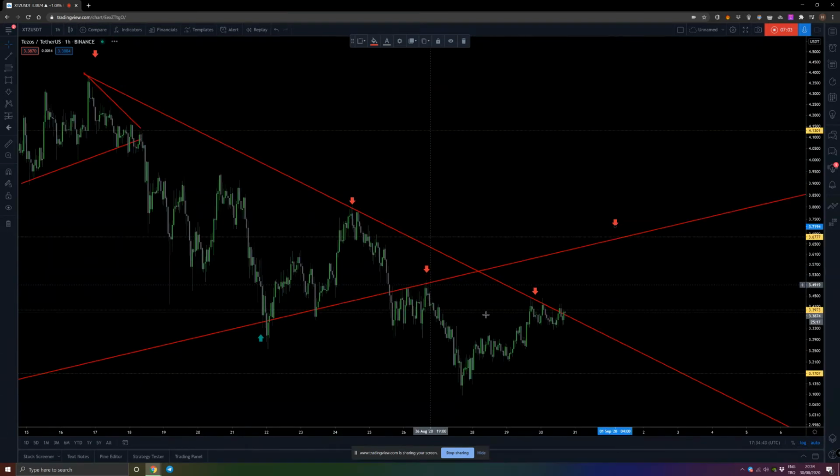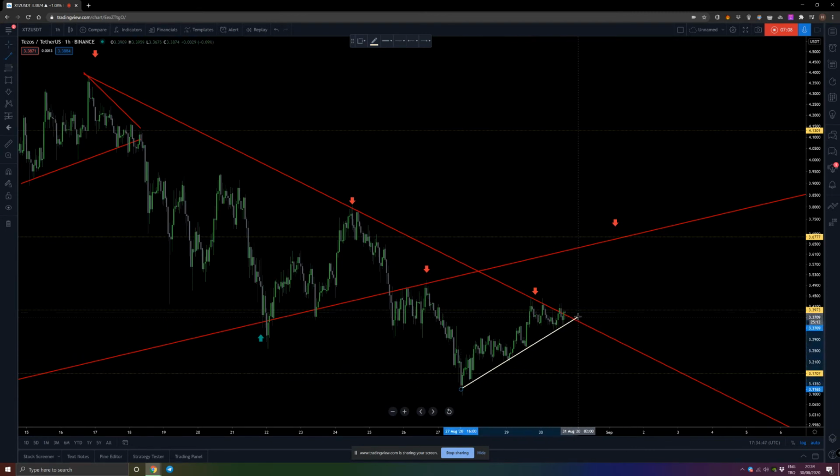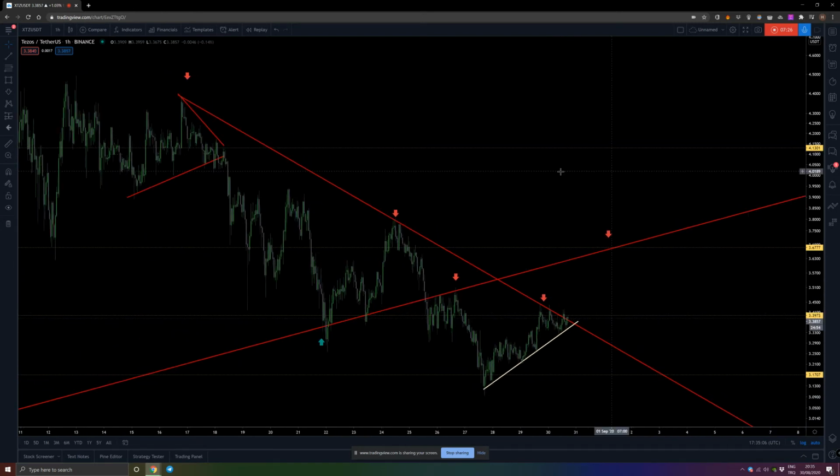Okay, when you look at this hourly chart, you can see that there is a trend here to the upside. Now, this is the same trend line that we were talking about. So if we see a move that breaks this and coincides with this trend line, then what you should do